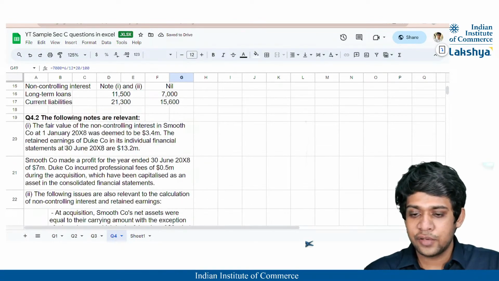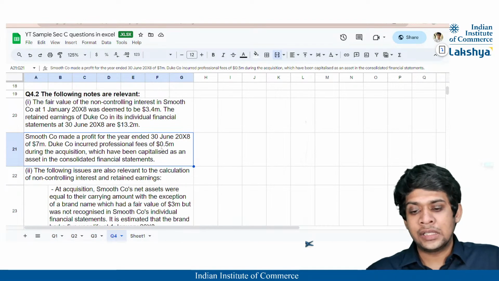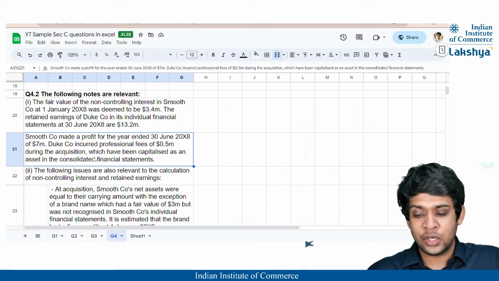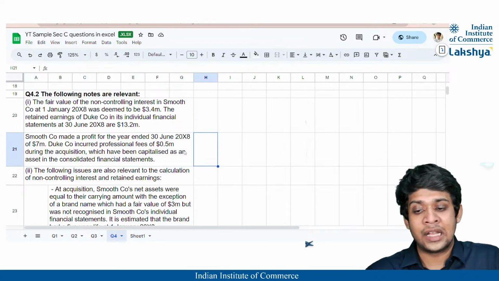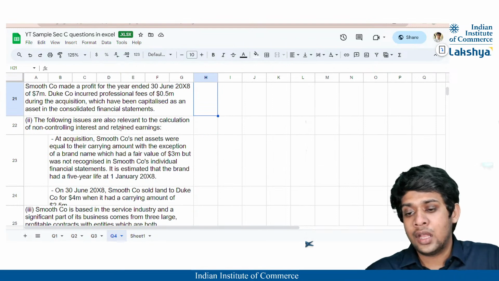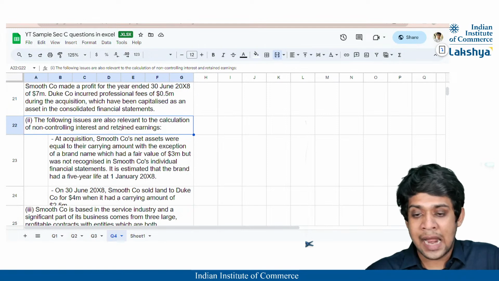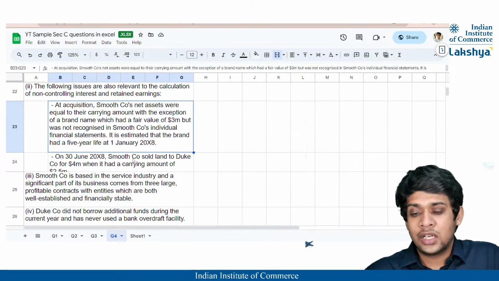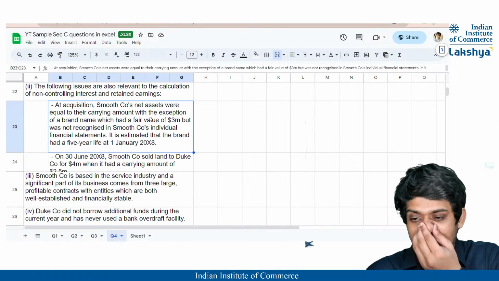राइट। फर्स्ट एडजस्टमेंट यहां पर हो गया। फिर उसके बाद Duke Company incurred professional fees of 0.5 million during the acquisition which have been capitalized as an asset in the consolidated financial statements. तो ये तो ग्रुप रिटेन्ड अर्निंग्स में से माइनस होएगा, ये कैपिटलाइज नहीं होगा, राइट। फिर the following issues are also relevant to the calculation of non-controlling interest and retained earnings. मतलब ये नॉन कंट्रोलिंग इंटरेस्ट एंड रिटेन्ड अर्निंग्स की कैलकुलेशन में भी आएगा। At acquisition, Smooth Company's net assets were equal to their carrying amount,